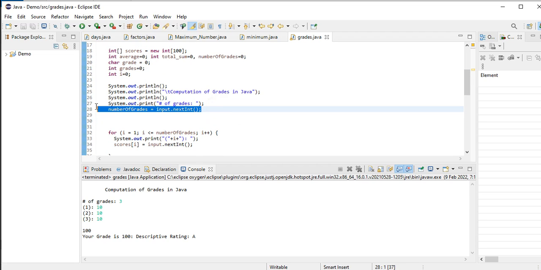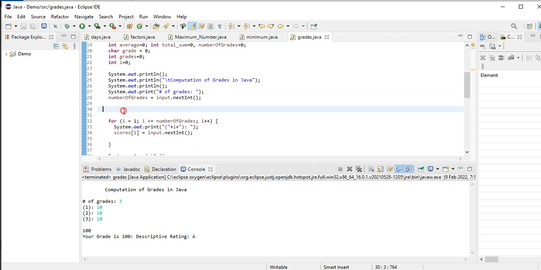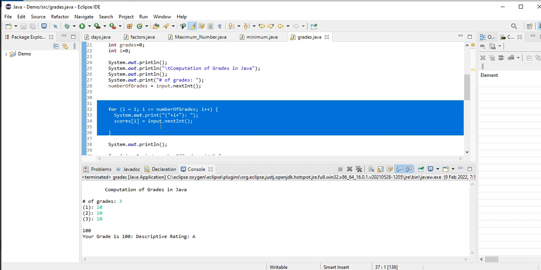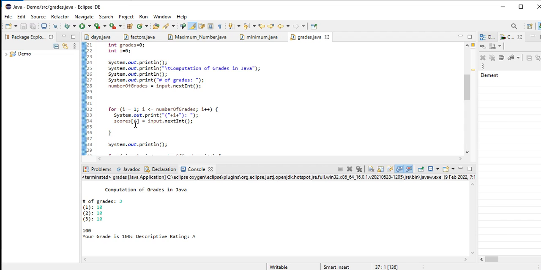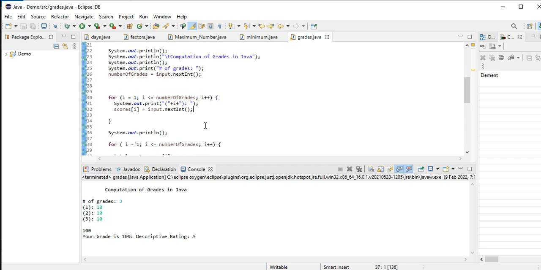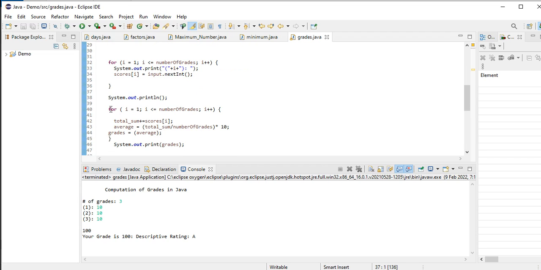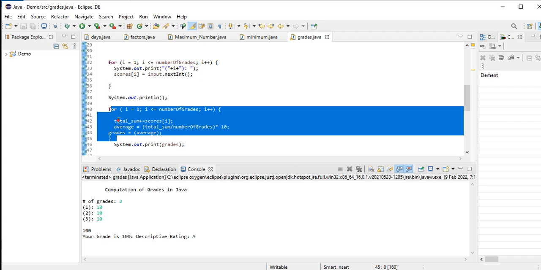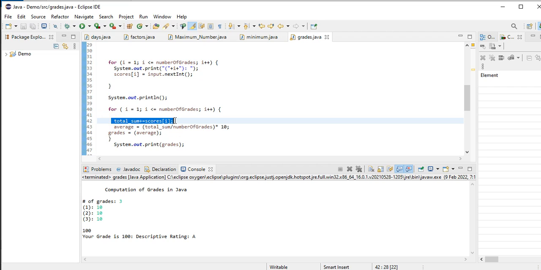So we are asking the user here to give the number of grades. It will be stored in our variable numberOfGrades using a for loop statement: i equals 1, i less than or equal to number of grades, increment. So it will accept scores[i] from input, and then here we will add the sum of the scores,